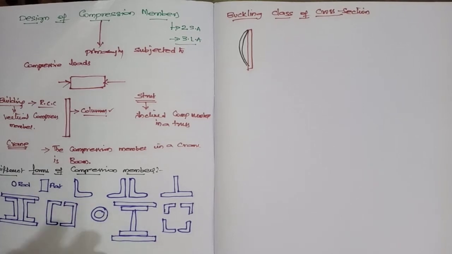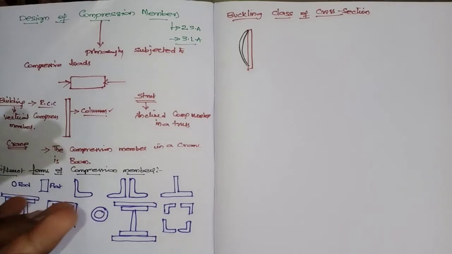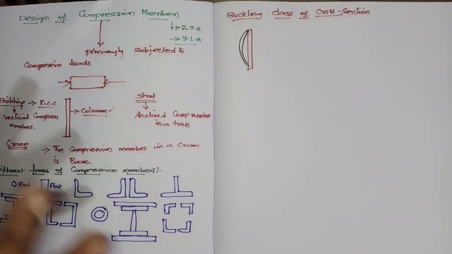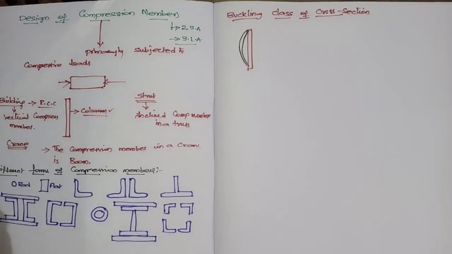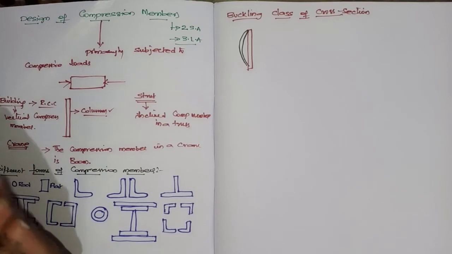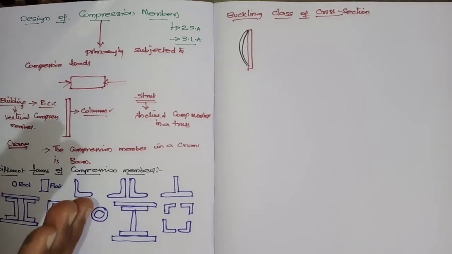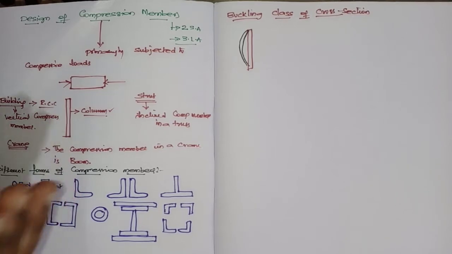accidental eccentricity. Generally we assume that the column is going to take what type of load? Axial load. But is it possible? It is impossible. But the code provides some limits to the eccentricity. If the eccentricity also gets exceeded, then the load is not to be considered as an axial load. It has to be considered as eccentric loading. Now, why will this eccentric loading occur? Because of the imperfections in the fabrication.